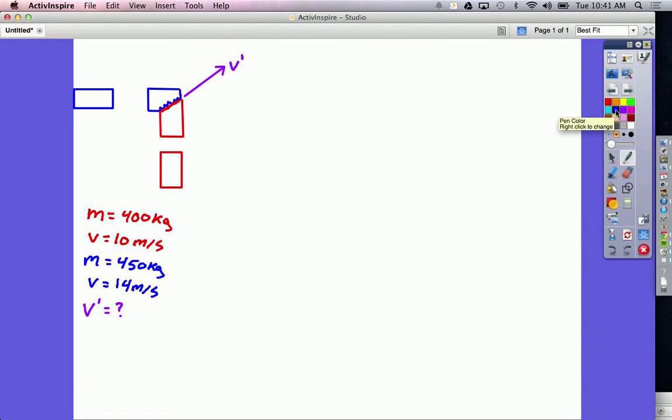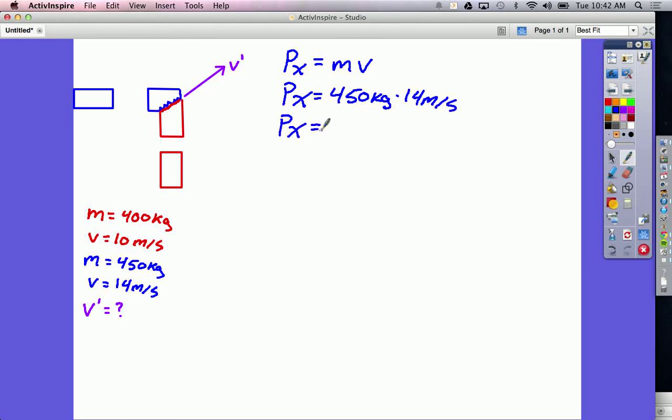And in the x direction, the car that's moving east is the blue one. So the total momentum in the x direction is going to be equal to only the blue car's initial momentum, because it's the only thing that's providing left and right momentum, and that would be mass of the blue car times the velocity of the blue car. So when I plug in my numbers, I get 450 kilograms multiplied by 14 meters per second, and the momentum of the blue car is 6,300